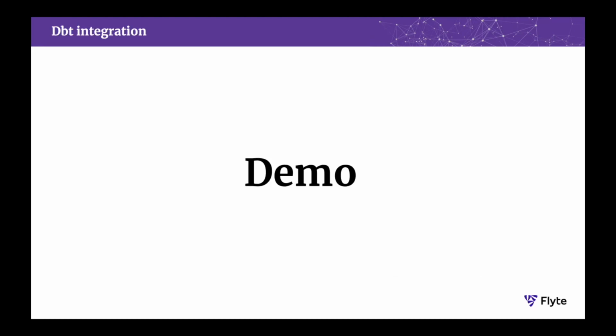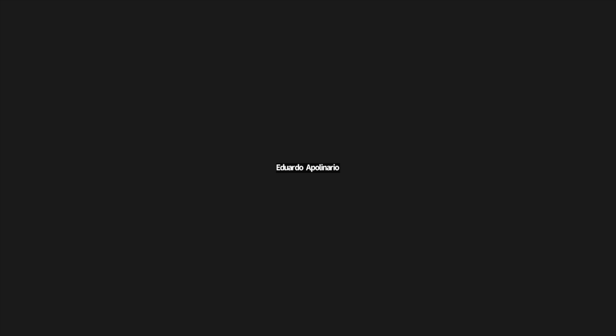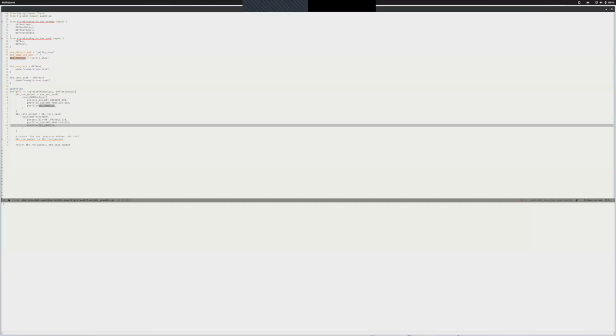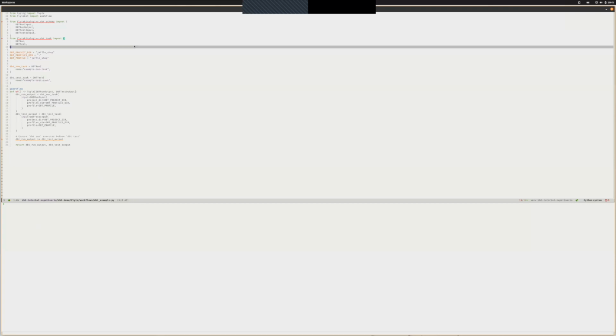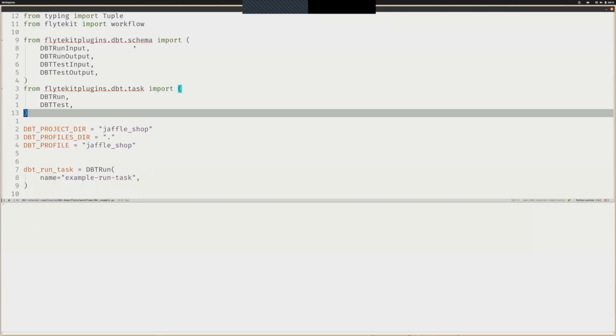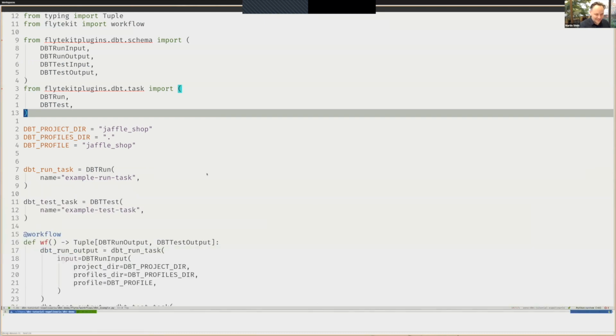Great. I'm going to demo real quick how the integration actually looks like. So I'm going to share my screen now. So let me see. Yes, I want to share desktop one. Great. Zoom. Can everyone see my screen? It should be a pale background. It's a little tiny. Is it tiny? Okay, let me make this a lot bigger. Is it better now? Yeah, much better. Thanks, Eduardo. Great. Okay, so